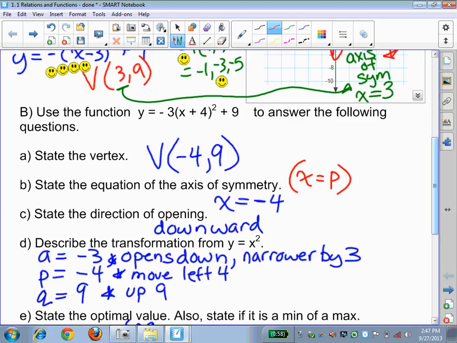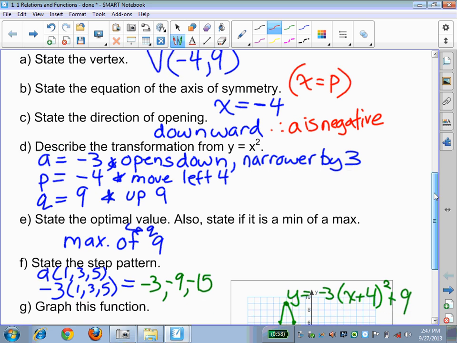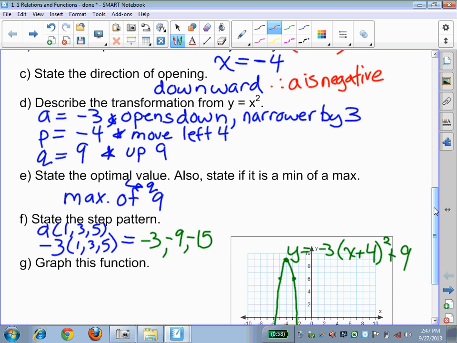Next is to state the direction of opening. It is downward because a is negative. Okay? Now, in part D, describe the transformations from y equals x squared. Again, you take a look at what a equals, what p equals, what q equals. So a equals -3. The negative part tells you it opens down, and the 3 part tells you that it gets narrower by 3. We're then going to call that a vertical